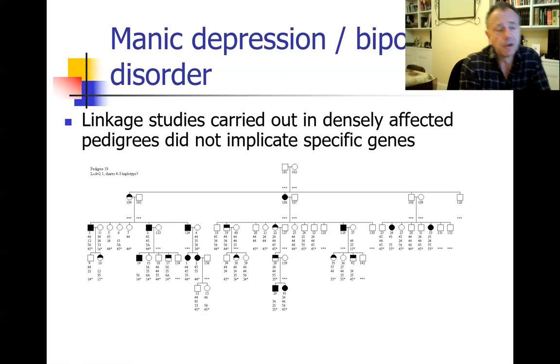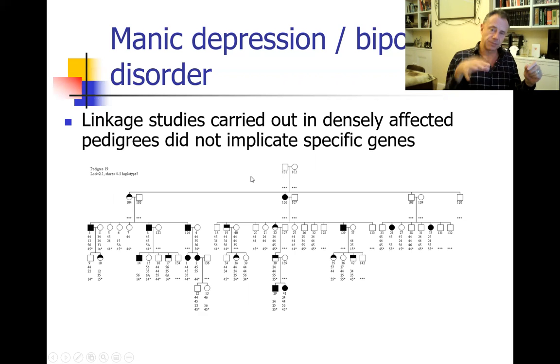The people who are shaded solidly in this pedigree had bipolar disorder, and then there are also people in there who have just got unipolar disorder, so they only have the episodes of depression, and we think that represents the same genetic susceptibility in these people. For some reason they're just not developing the manic episodes as well. And you could look at that and think it's a bit like an autosomal dominant disorder with a major gene segregating through the pedigree. But the truth is actually that